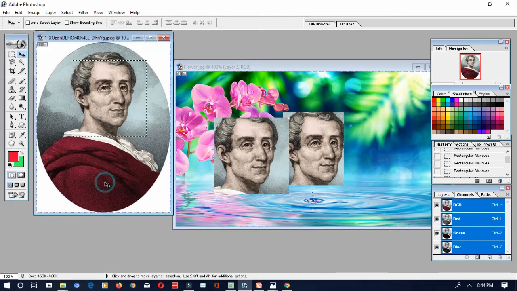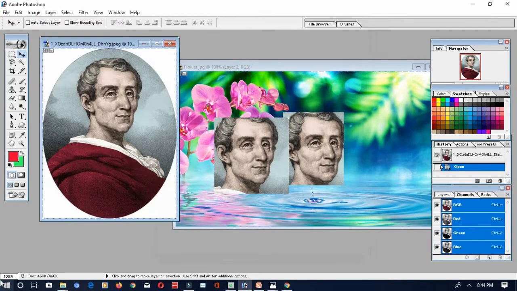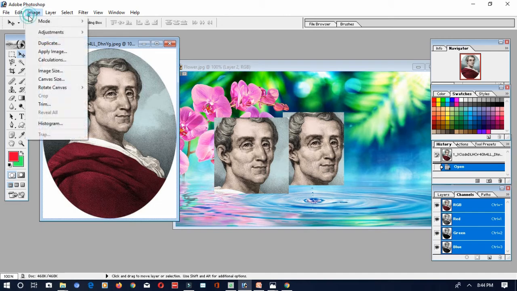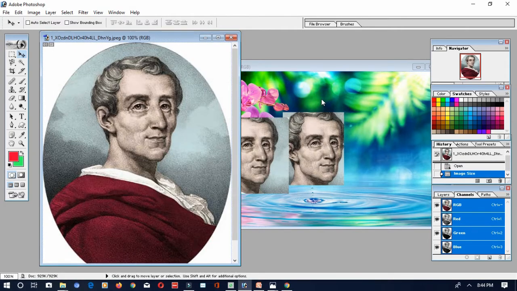Next one is resizing the image. How to resize the image? You have to click on the image which you want to resize. I'm opening the image again. If you want to resize the image, go to the Image menu, Image Size, and you can resize it. You can mention the width and height in pixels. For example, I am entering 500 in width and height. You can resize it in this way. Next, you know how to copy and move the image. Next one is copying the selection to another image. I have told you only now.